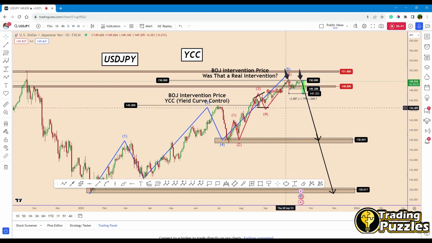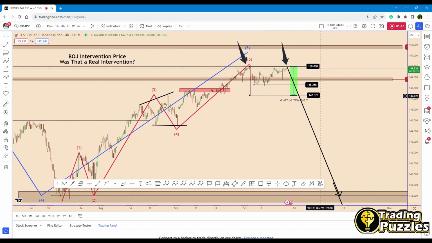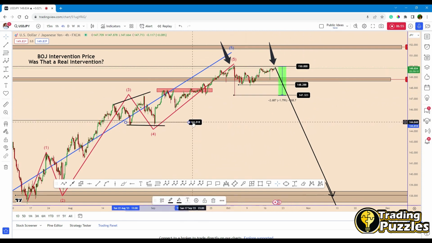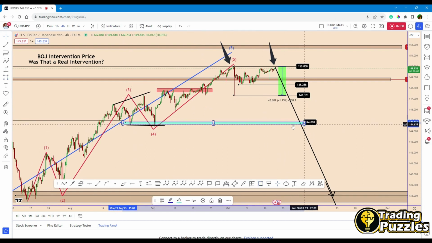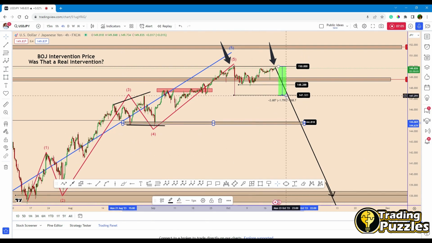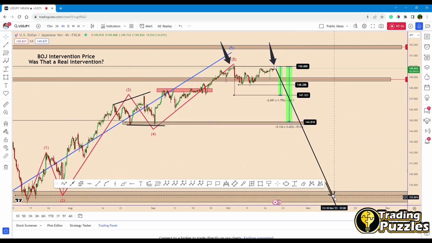So this is for the moment. Let's see what is going to happen. Minimum target up to this area here. If the Bank of Japan is going to be more aggressive this time, then we may also look for a possible structure target, let's say, and it makes sense. It is likely that the price may extend down further, and it can also be a movement of up to 500 pips down. So let's see what is going to happen. Let's be conservative for this movement.